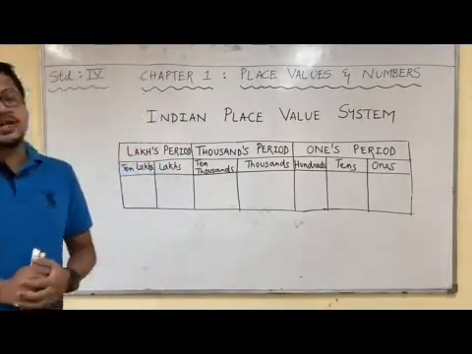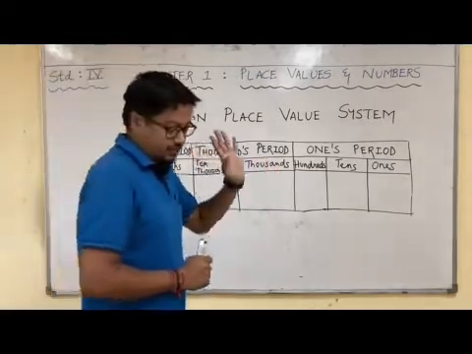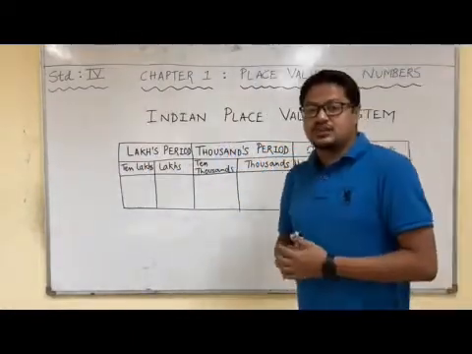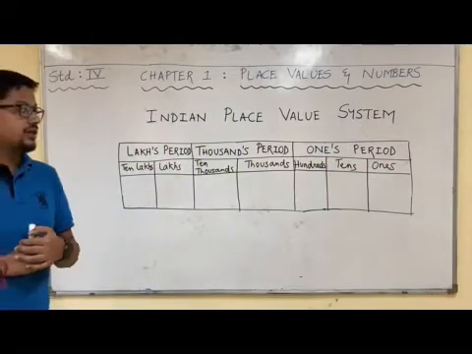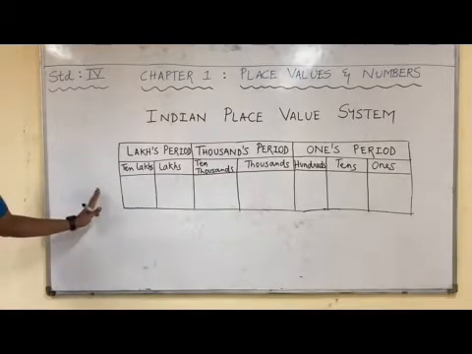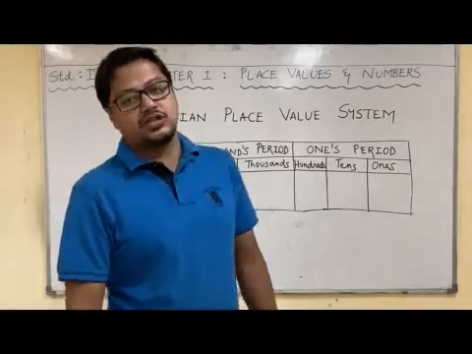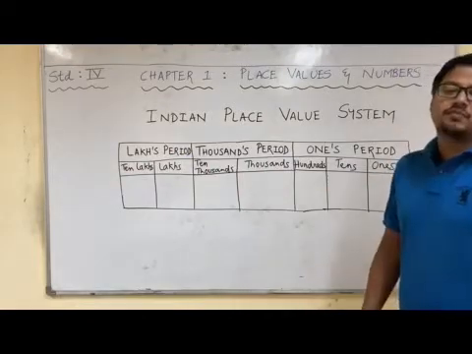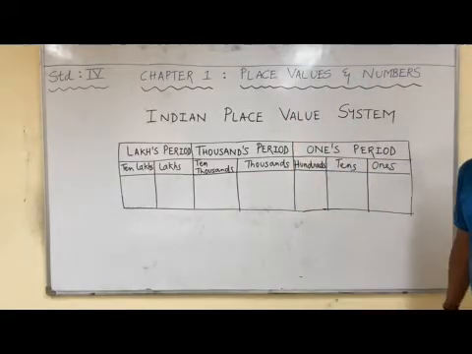The first very important topic that we are going to see for this chapter is the Indian place value system. Now for your information, students, there are two types of place value systems: the Indian place value system and the international place value system. We will learn about the international place value system in 5th standard. So let us now focus on the Indian place value system. Every time we are given a question that represents a number in the Indian place value system, you have to draw this in the form of this chart. This chart is called the Indian place value chart. Let us first understand what things are there in the Indian place value chart.